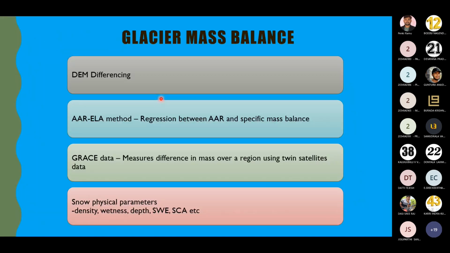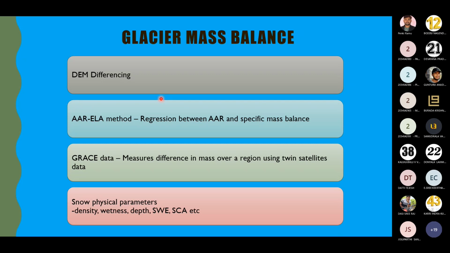And further, another application of remote sensing is glacier mass balance. So how much ice is accumulated in the glaciers? This is a very important thing because glaciers contribute to so many perennial rivers also, and for applications like water budgeting, weather and climate forecasting, and also to forecast disasters, etc. We need to study this glacier mass balance problem.